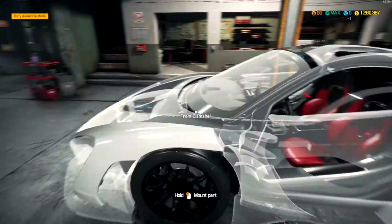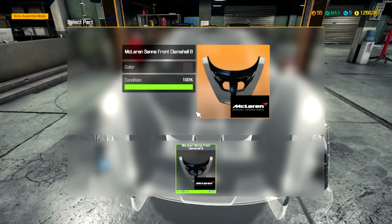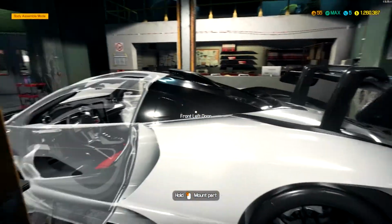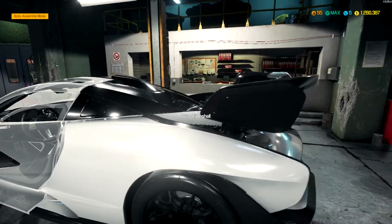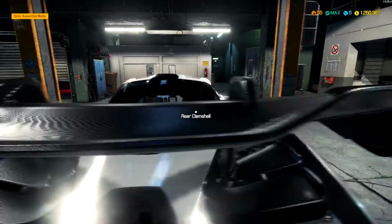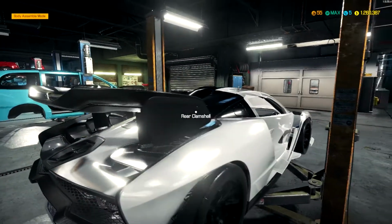And let's see, let's get to the front here. Front clamshell, there we go. Actually, you know what? I forgot something in the back. I forgot the engine cover. This thing is so difficult to see though. Ah, man, it's such a... Oh, you know what? I think...